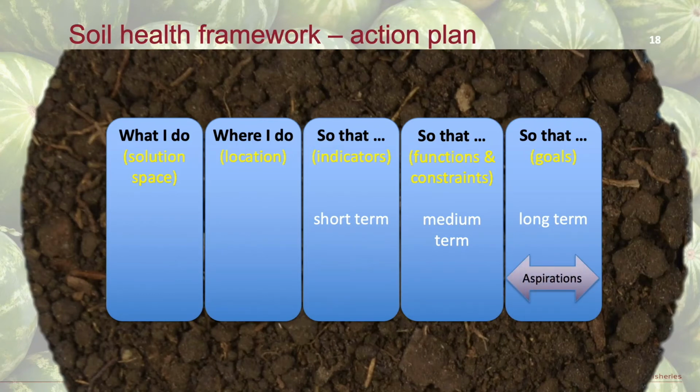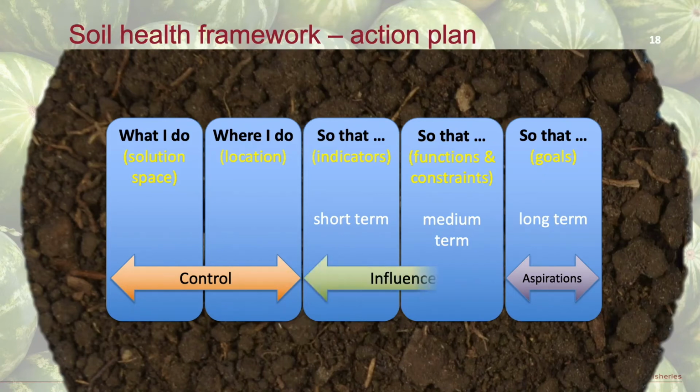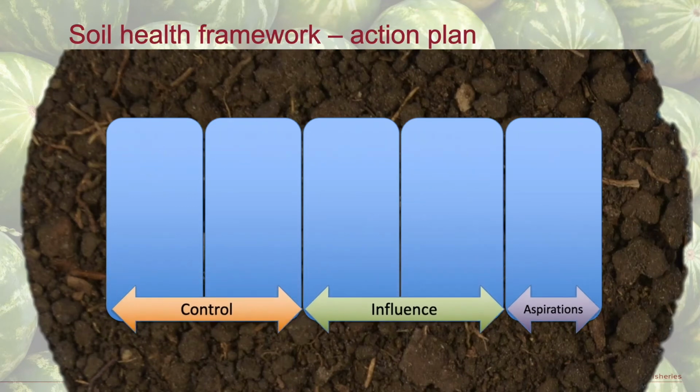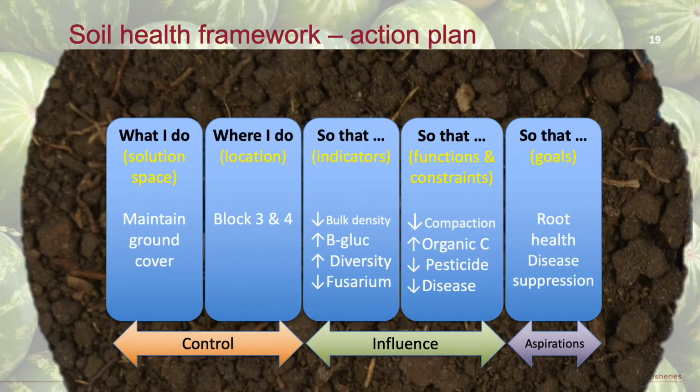We then set about how we are going to achieve these by saying what we will do and where we will do it. This is something we can control. We then think about the outcomes we would like to see from our actions and how we are going to determine if we have been successful. The outcomes are out of our control, but we can influence them